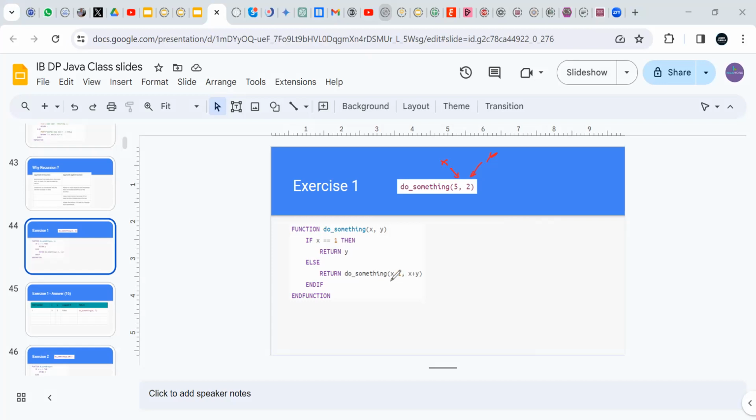Even if you don't do a trace table in the exam, there must be a way for you to know what this function returns. This is a slightly different and more difficult exercise than the one that comes in the exam, but exams also will give you